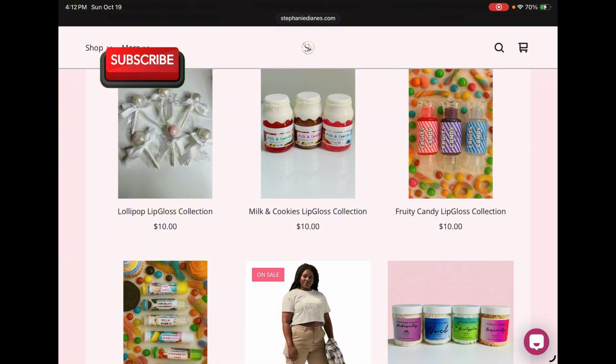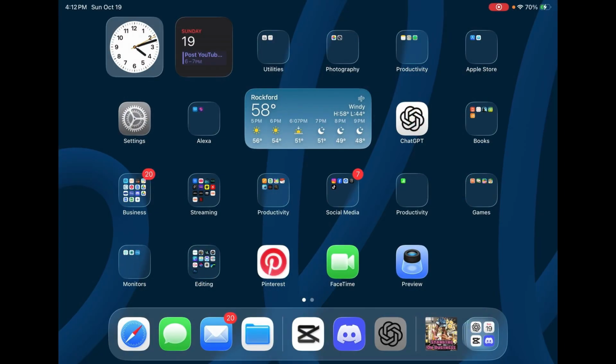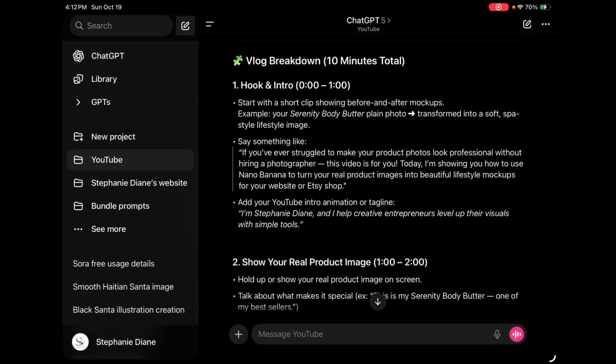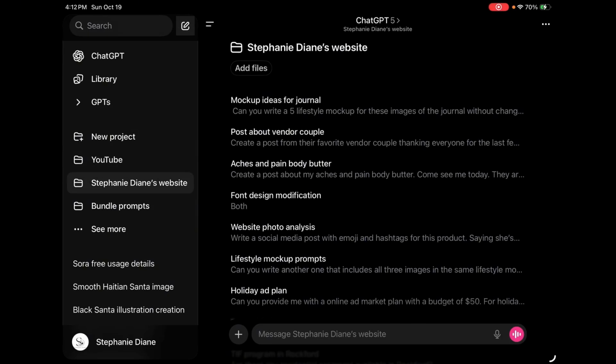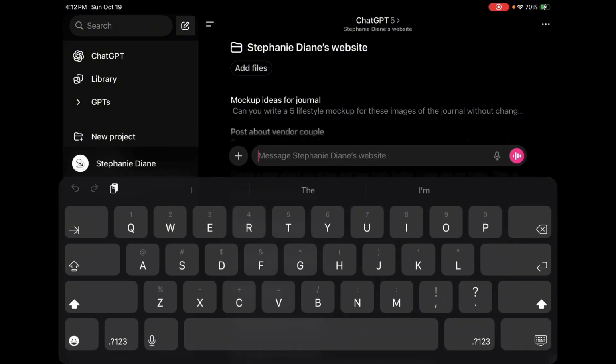So what we're going to do now is go to ChatGPT, and we're going to tell it to create your lifestyle mock-up prompt, so you don't have to do it. This is very easy. The only thing you're providing in this instance is your whack photos. I'm just saying, if they look like mine, they're whack. But hey, what I'm going to tell ChatGPT to do is, because of the website I use,